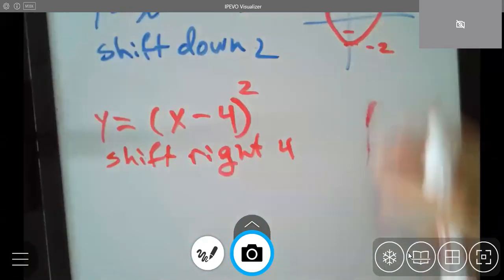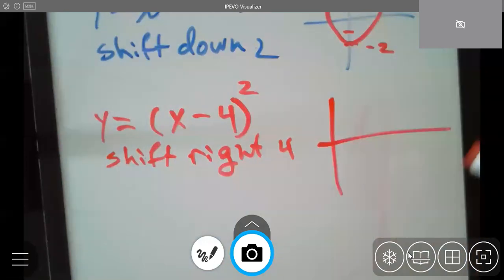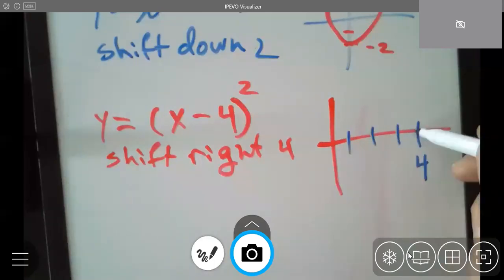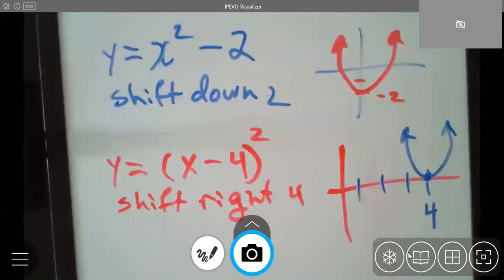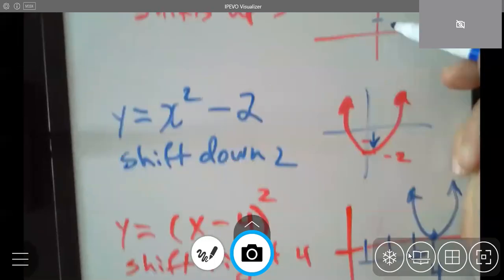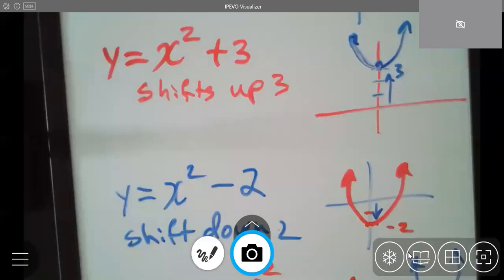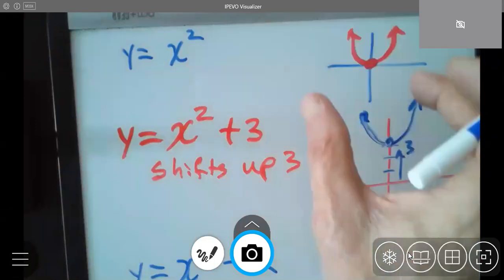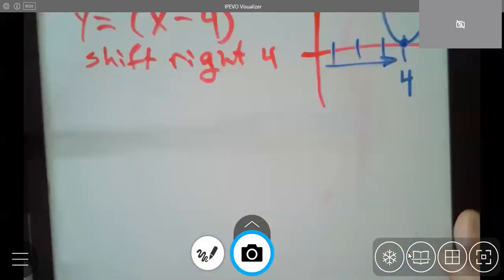So this over so I got room. So this shifts 4 spaces to the right. 1, 2, 3, 4. And then you just draw your parabola from there. So the parabola is always the same shape, but it just shifts. Okay? You're just taking this graph and you're just shifting it up or down or right or left. Well, let's see what it looks like